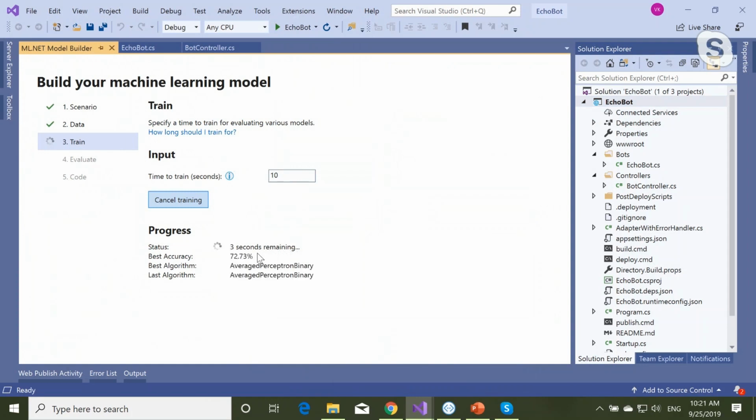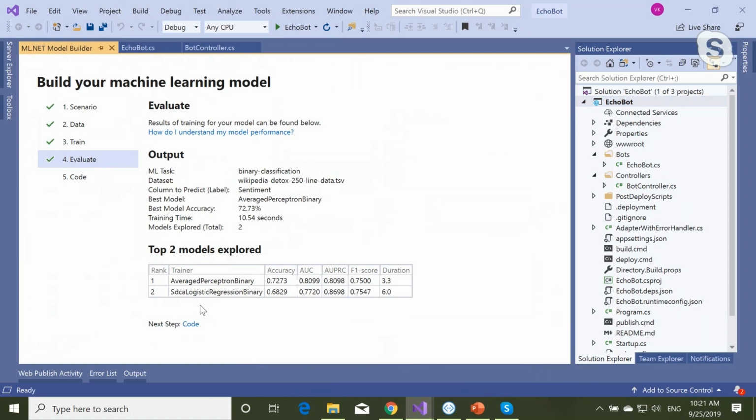And here we're seeing the best accuracy that we're getting, the best algorithms, and then the least effective algorithm. It's really awesome that Model Builder can actually select a model type perfect for your data. And you don't need to do anything. You don't need to know much about types of the models. Then you can evaluate it. It provides you some statistical information here.